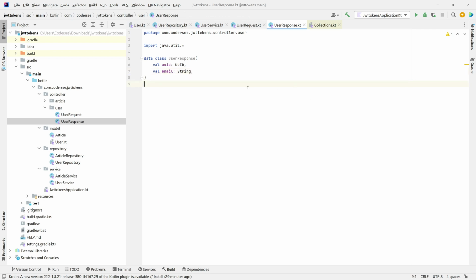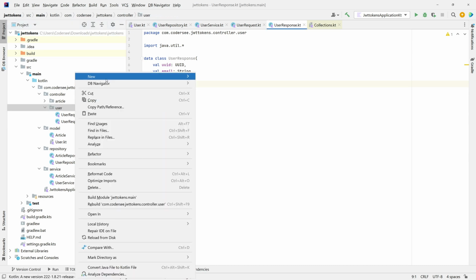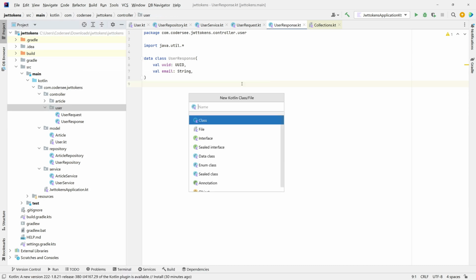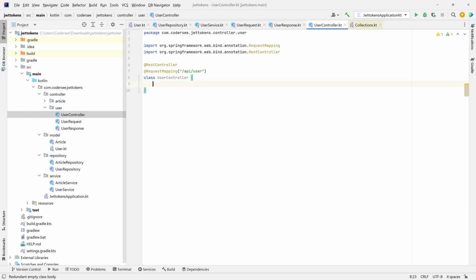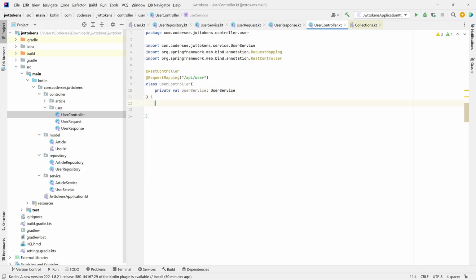And with that done, we can create UserController. So right mouse button again on our package, Kotlin class, UserController. Again, we'll start with RestController and we'll provide a RequestMapping. RequestMapping. This time this will be /api/user. Oh, sorry, singular form. The next thing I need to do will be simply inject the service, private val userService of UserService type. The first endpoint I would like to add will be the post endpoint, which will be used to create users. So PostMapping,